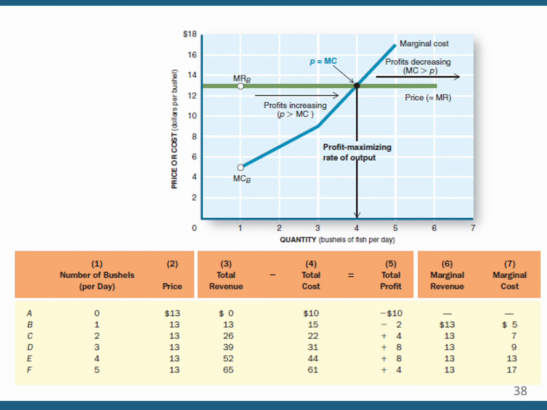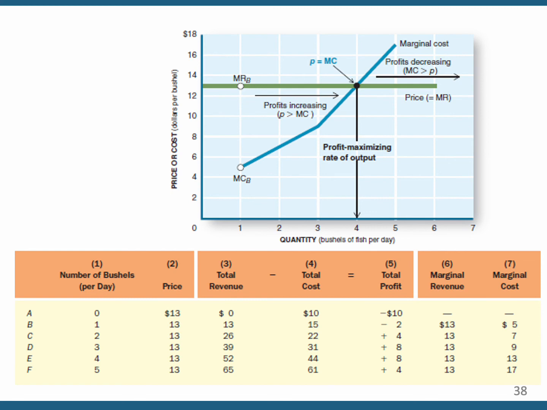And since the price is not changing, in this case it's 13, we have a horizontal line extending from the y-axis at $13 because the price will be $13 no matter what Q is. That's also the marginal revenue. So you will produce, to maximize profit, where marginal revenue is equal to marginal cost. In this case, where price is equal to marginal cost. Well, that's very easy to find, right? You're just looking for the intersection of these two curves. And that happens, in this case, at Q equal to 4.